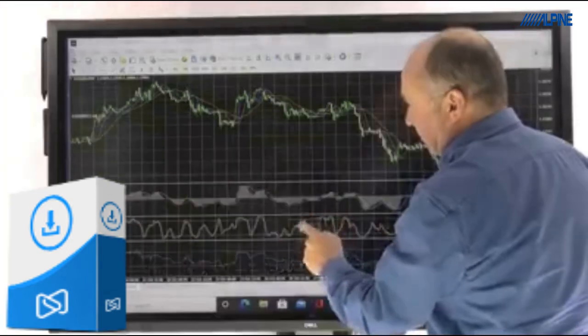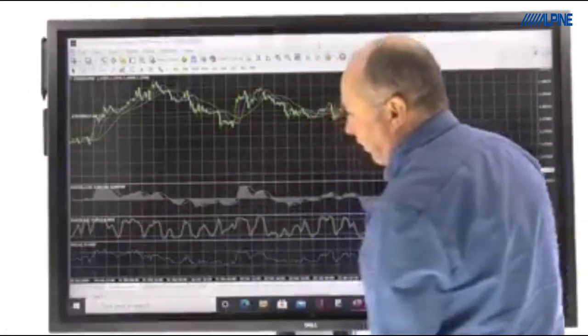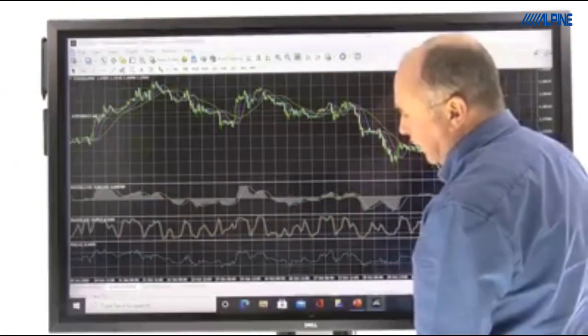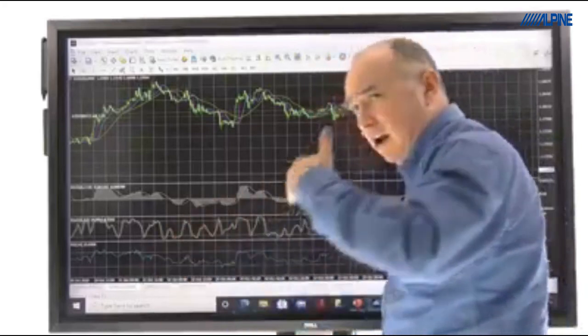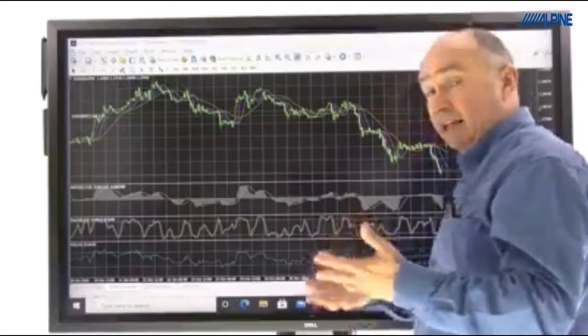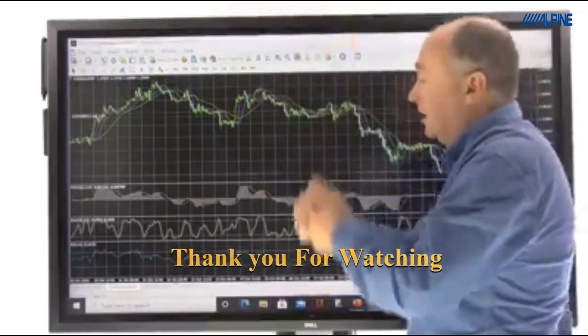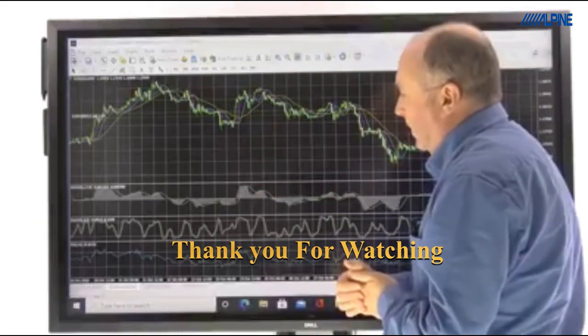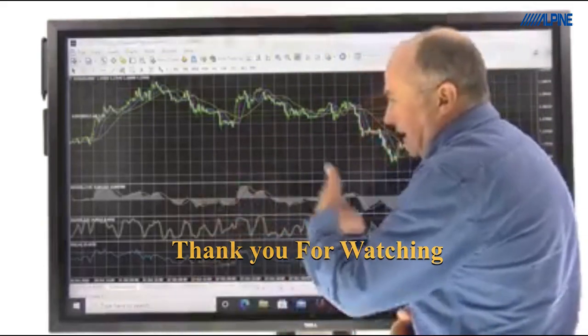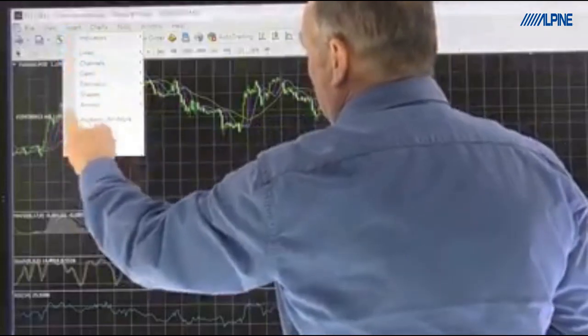Ask you for your settings, put your settings in. Another little chart will come up at the bottom there, giving you the RSI. Remember, anything below 30 or below 20, depending what your settings are, would be considered to be oversold. Anything above 70 or potentially 80, depending what your settings are, would be considered to be overbought. So you can add as many of these indicators in as you wish. You also put in other